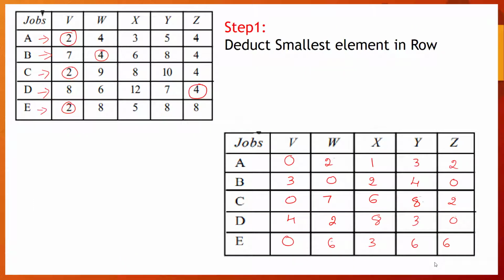Then in the second step we need to deduct the smallest element in the row. So we are doing it by identifying the smallest element in the row.